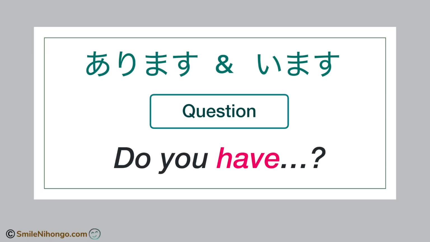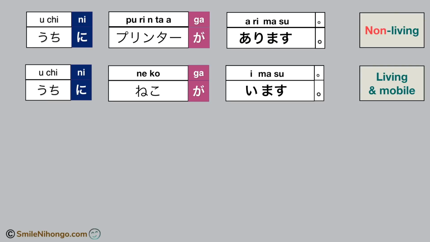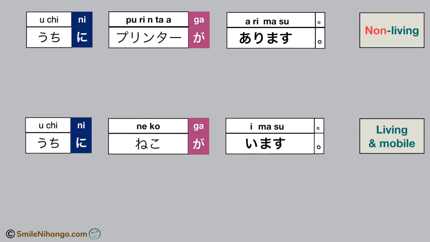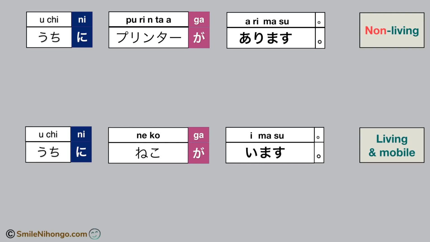Very good. Okay, before we close today's lesson, let me quickly cover how to ask the question, do you have? Now that you know how to use あります and います, it's easy to convert them into a question. As always, all you have to do is to add the question particle か at the end. That's it. So, do you have a printer at home in Japanese is うちにプリンターがありますか？